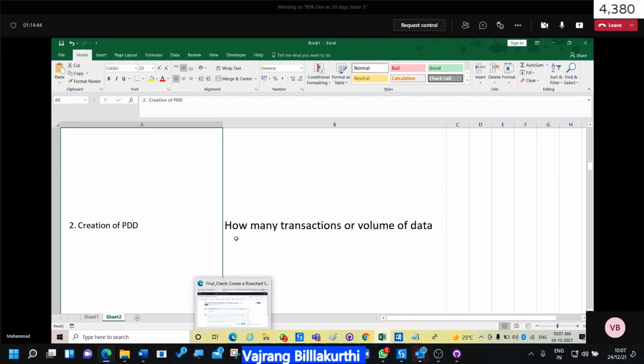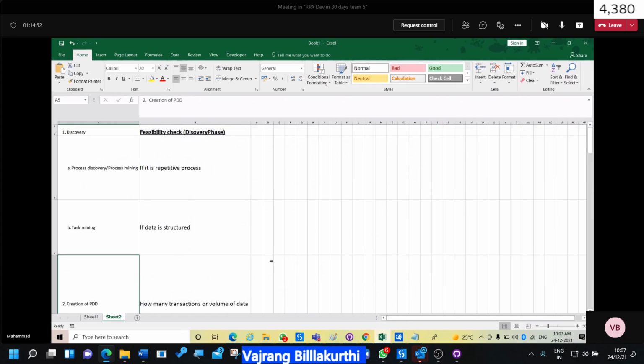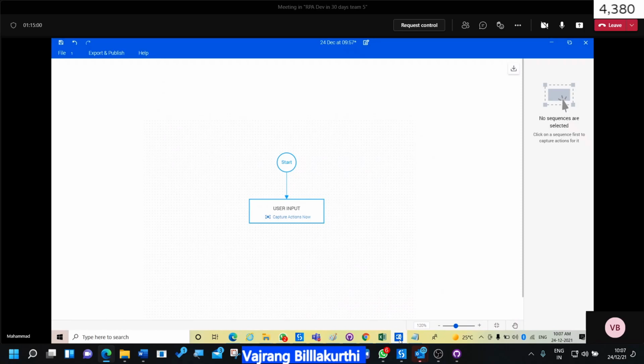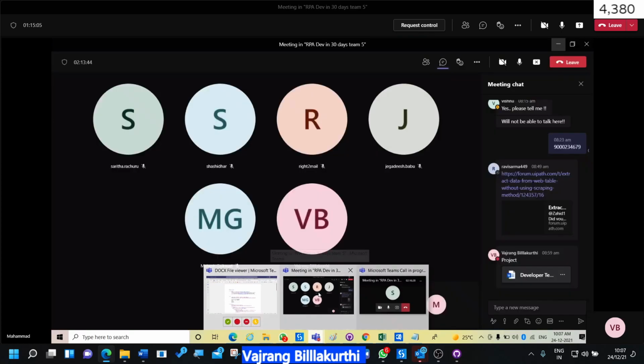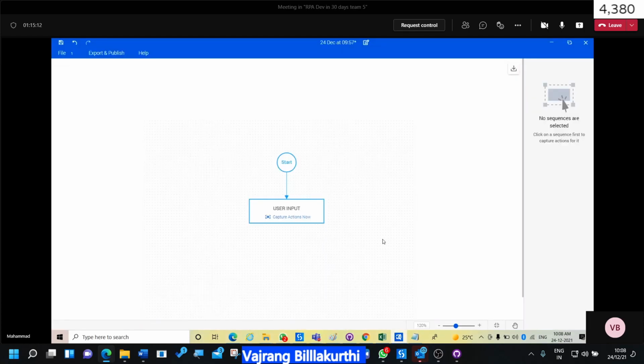Yes. Raju, so the next step might be creation of PDD, right? Yes, Mohammed. And we need to prepare our own flowchart, right? We got stuck at that. So, creation of PDD.